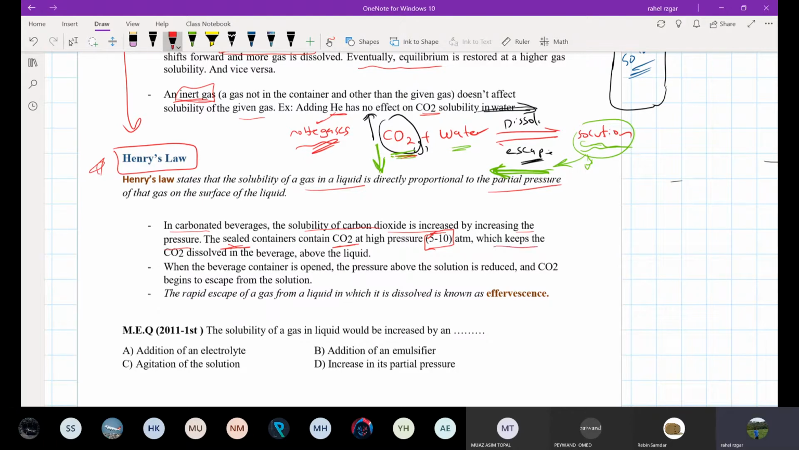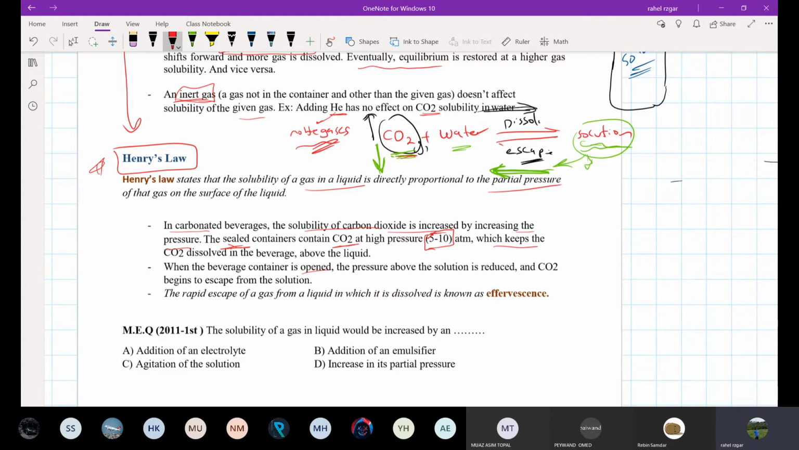which keeps the CO2 dissolved in the beverage. Why? Because at higher pressure, more CO2 will be dissolved. When the beverage container is opened, now we open the container, the pressure above the solution is reduced, the pressure is escaping, and if you still leave the container open, or for example, if you leave the container,